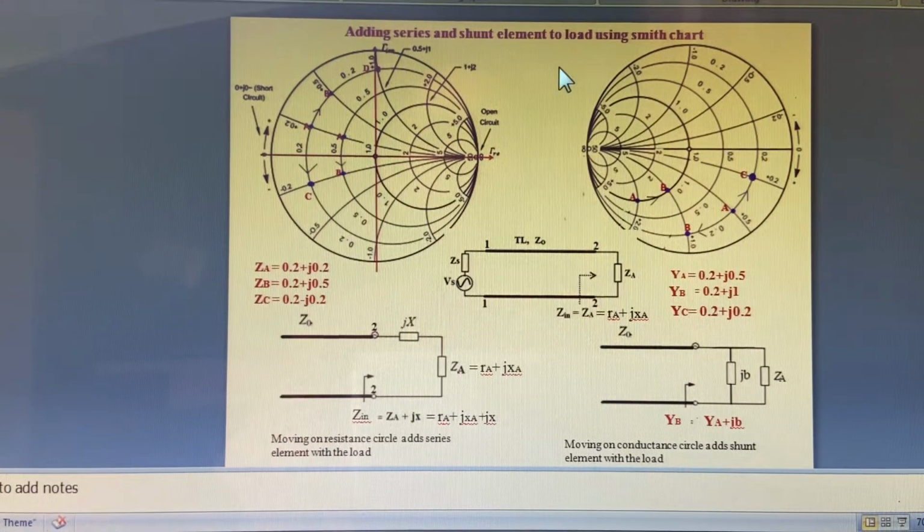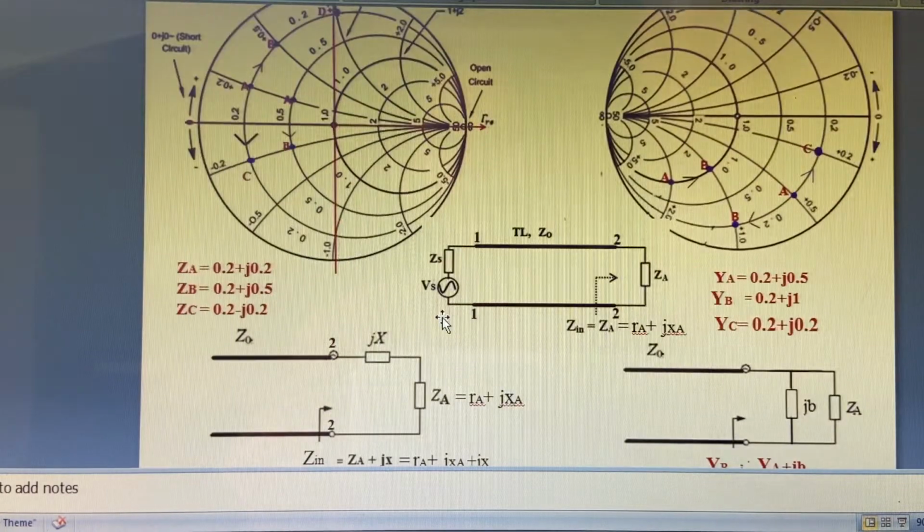Adding series or shunt element to the load using a Smith chart. As shown in this figure, consider a source Vs connected to the load impedance Za using a transmission line whose characteristic impedance is equal to Za. Then the input impedance looking into the terminal 2 is given by